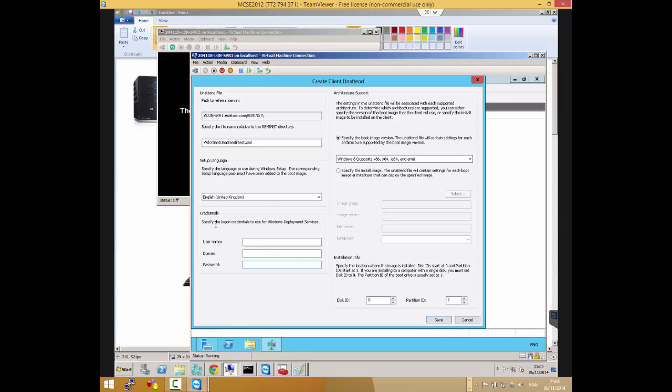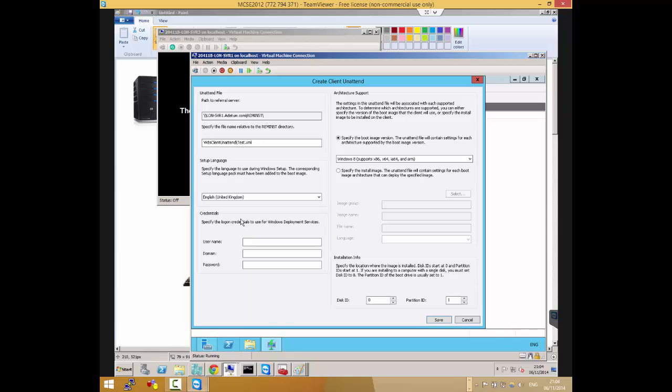So it says specify the logon credentials to use for Windows deployment services. When WDS boots up, WDS will ask for a logon credential. Remember when we said when you're mentioning the computer name, you can say percent first or percent last. I was thinking to myself, but it's a computer. How come it's going to be using a username as a computer name? So after WDS has loaded the boot image and wants to start the transfer of the install image, it's going to ask you to enter a username or password. Whatever username or password you enter at that point is what it will use for that percent first or percent last to name the computer. So that's what it will use.